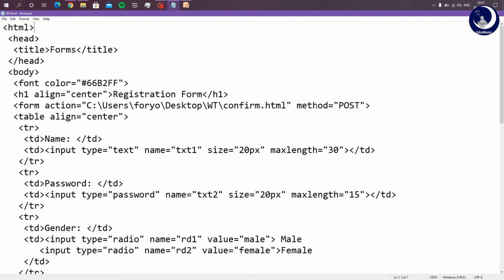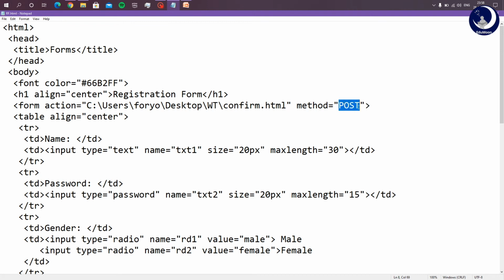The page has to redirect to the file or document whose path I have specified in the action field. Here, for this particular form, I have given the path for confirm.html. So when I click on submit, the page will get redirected to confirm.html with all the details I have entered in the form.